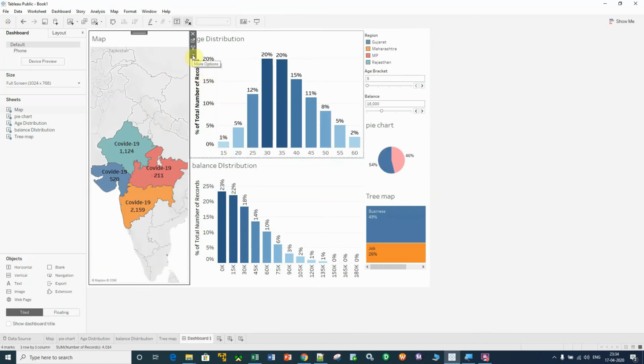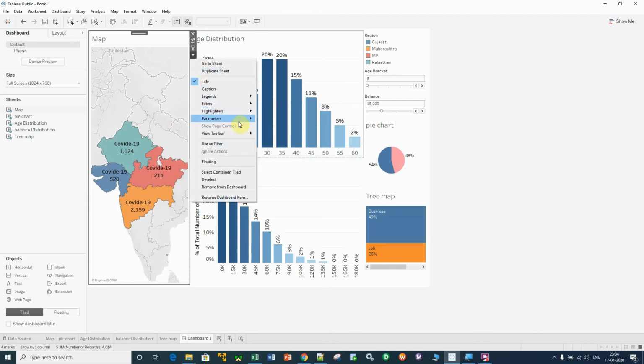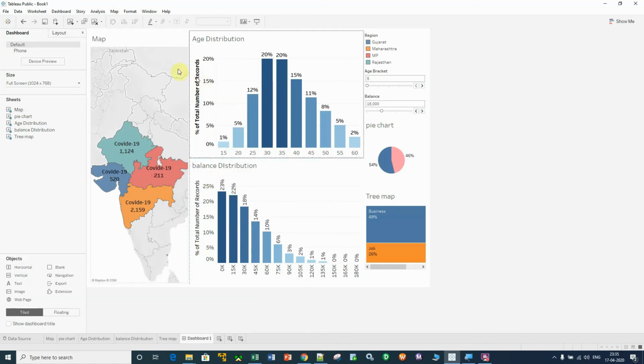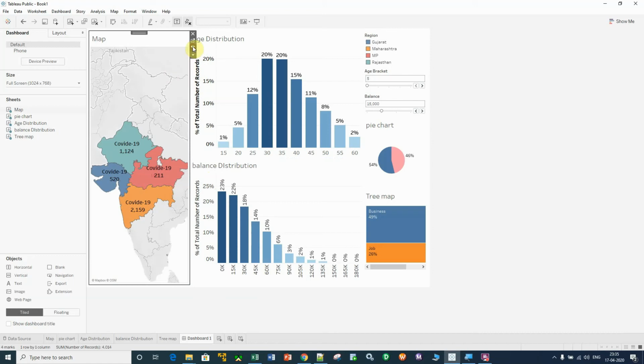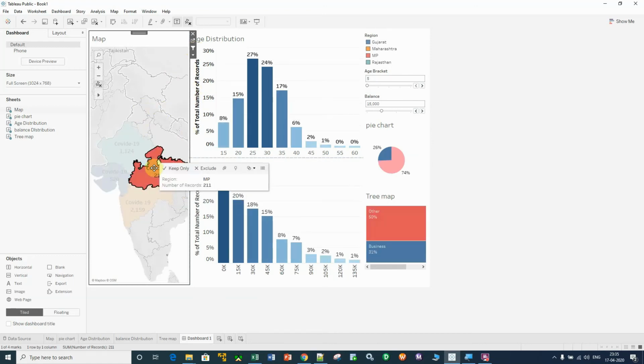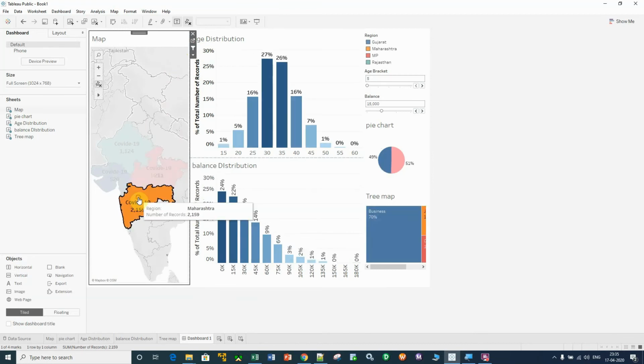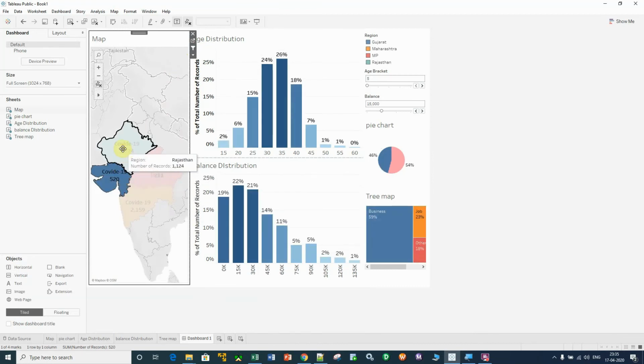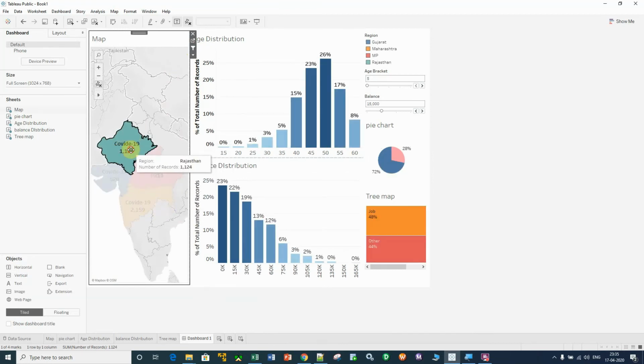You click here and click on use as filter, and the dashboard will become interactive. Or from here also, you can make it an action filter. So you just click here, use as filter. Now if you click on MP, see, every chart is getting updated, right?